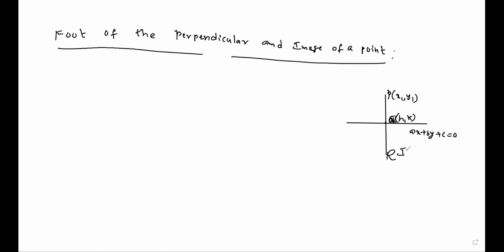This R is nothing but the image of point P with respect to the line. Then how to find the foot of the perpendicular and image points? Now, by using a shortcut formula, that is the foot of the perpendicular